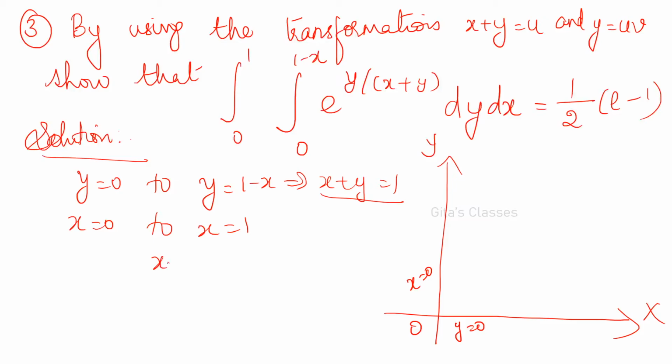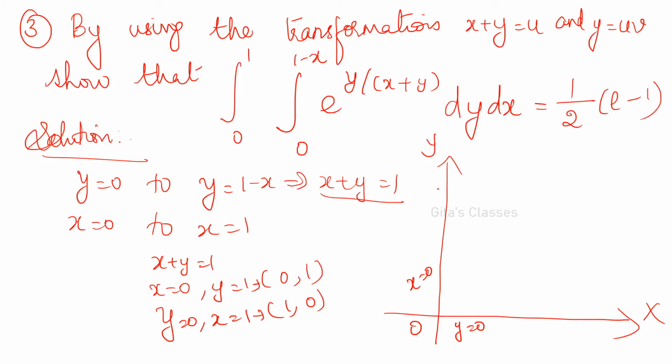How will you draw the line x plus y is equal to 1? Whenever you have some straight lines, just substitute x is equal to 0. You will be getting y is equal to 1, that is 0 comma 1 is 1 point. Substitute y is equal to 0, you will be getting x is equal to 1. So the second point is 1 comma 0. This is the point 1 comma 0, this is the point 0 comma 1. Just join them. So you will be getting x plus y is equal to 1. What is the line x is equal to 1? It will be parallel to y axis like this.